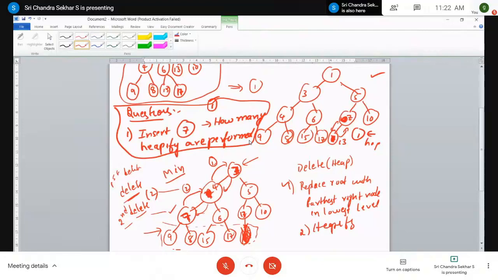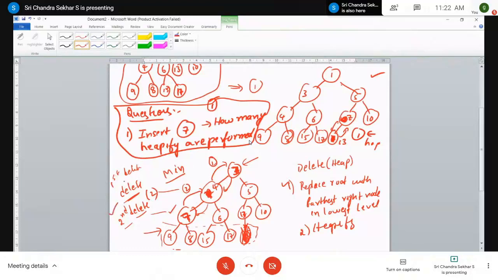That means you have to delete the root and heapify it. And then you will get a heap which satisfies both the properties of complete binary tree and ordering property. Okay. So for the first deletion, we have two heapify operations. It may change. You may be asked questions like, how many heapify operations are performed for the second delete operation?